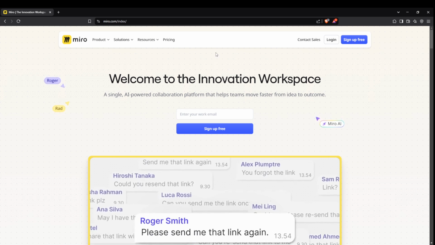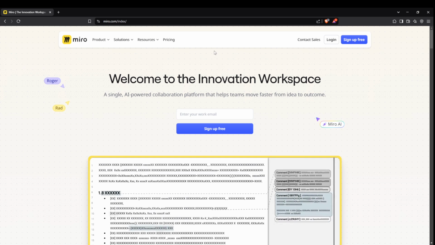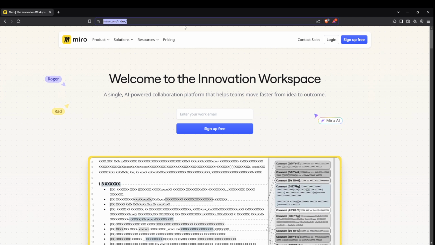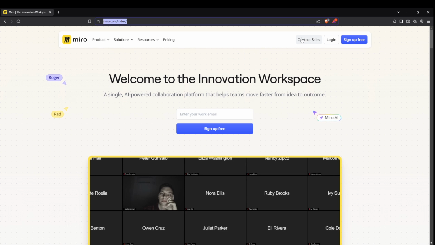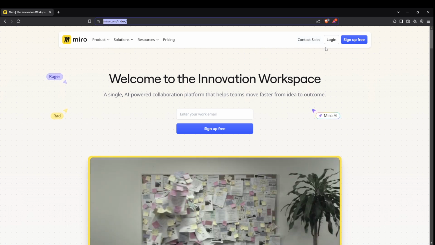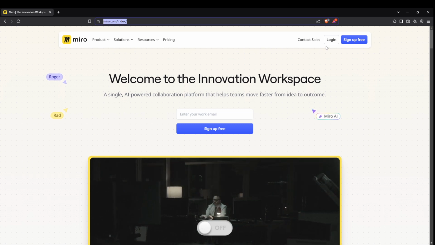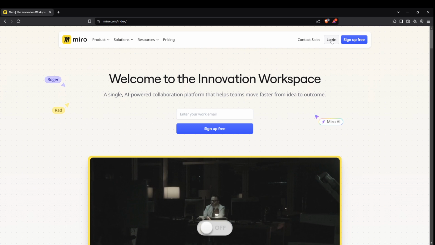First, you'll want to open up your preferred web browser and head over to Miro.com. This is the main website where you'll manage all your Miro activities. If you haven't already, consider bookmarking this page for easy access in the future, especially if you frequently use Miro for your projects. Once on the Miro homepage, the next step is to click on the Login button, which you